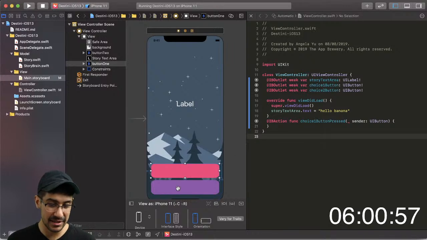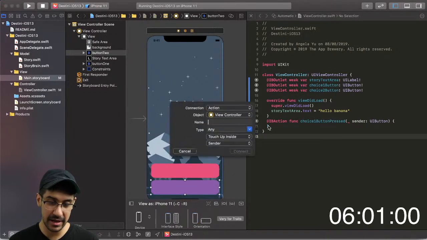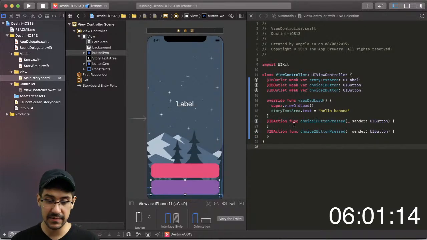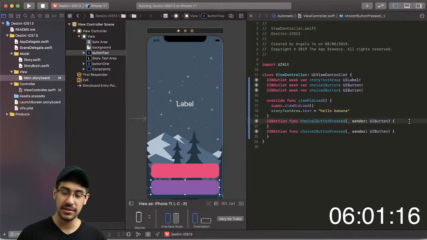Okay, and I'm going to do that for the second button as well. Let's create an action for it. It's already set to action, and this is going to be choice2ButtonPressed. Let's change its type to UIButton so that it inherits everything it needs from the UIButton. So now what I can do is